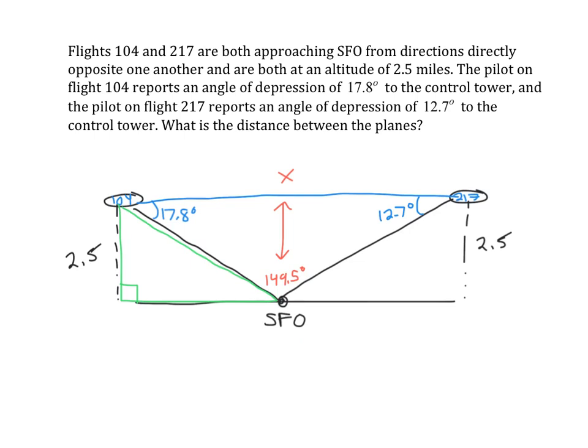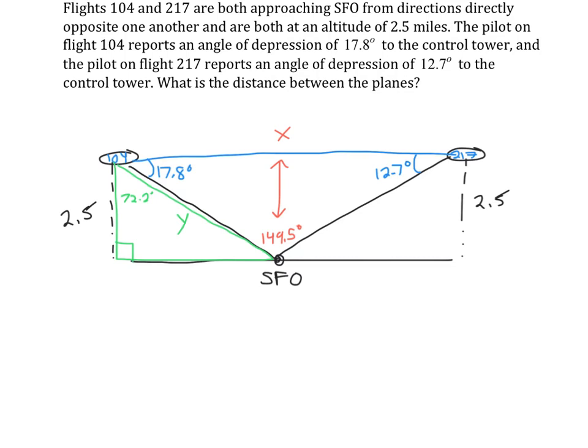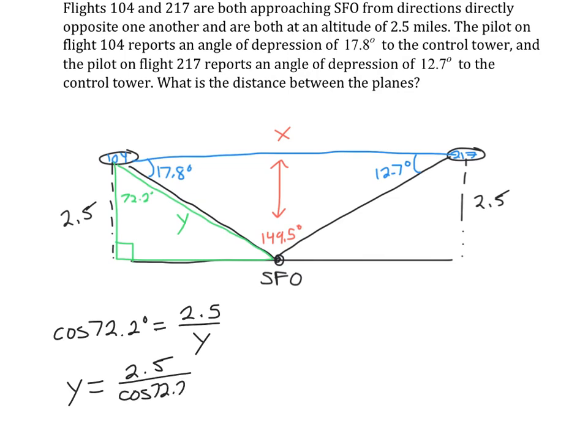So here I know that this angle is 72.2 because these two angles are complementary. It makes a 90-degree angle. So if I want to find this side length, I'll call this y. And using my given information, I can create the equation. I can say cosine of 72.2 degrees equals 2.5 over y, adjacent over hypotenuse. So y is going to be 2.5 divided by the cosine of 72.2, which is approximately